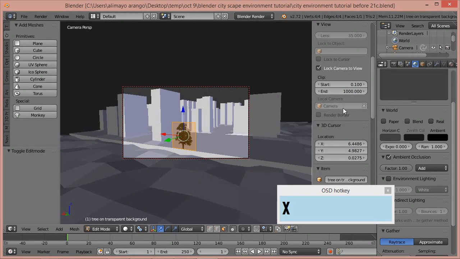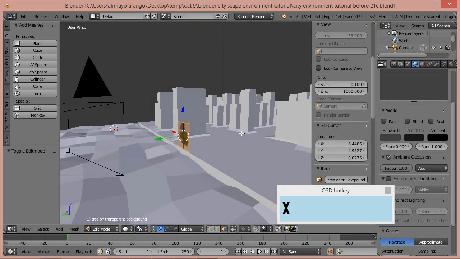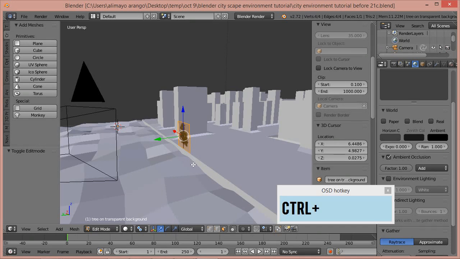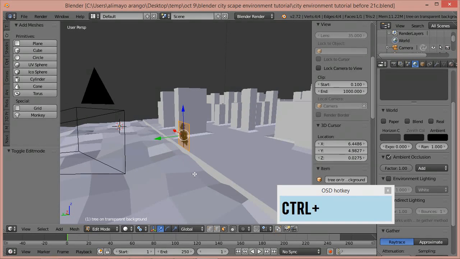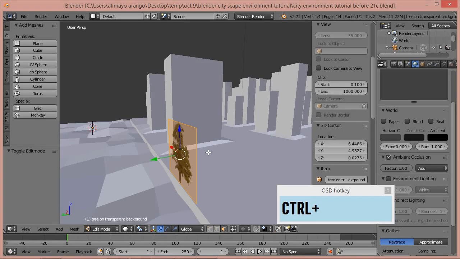Okay, so what we'll do now is we'll unclick this lock camera to view. I'm going to hold my middle mouse button, turn to the side. I'm going to hold Control and the middle mouse button and push in and get a smooth pan in. If you wanted this tree to be a little bit more 3D looking, even though it is a flat plane, what you could actually do is hit